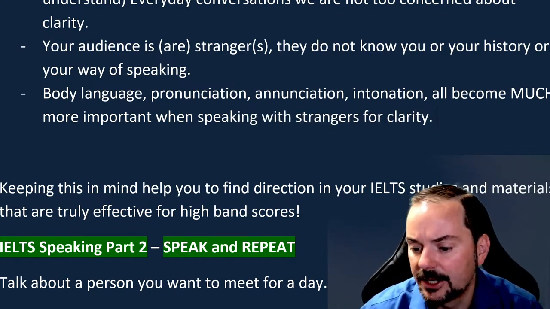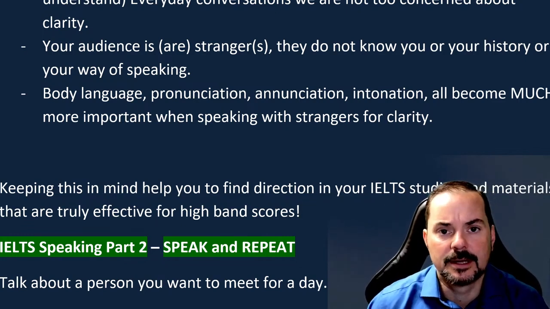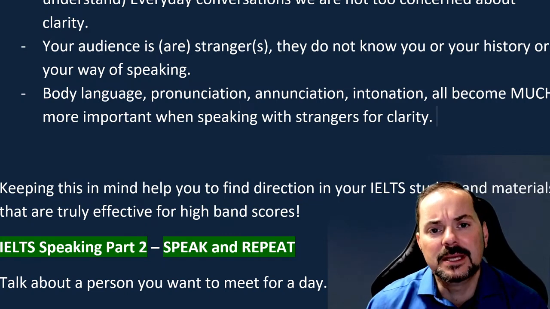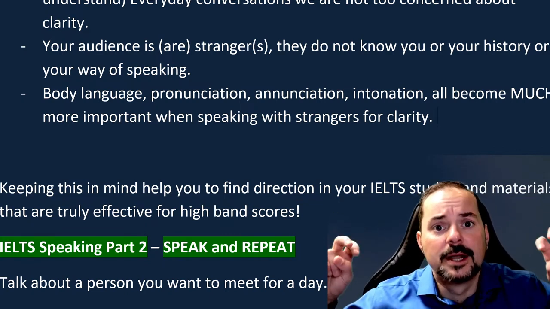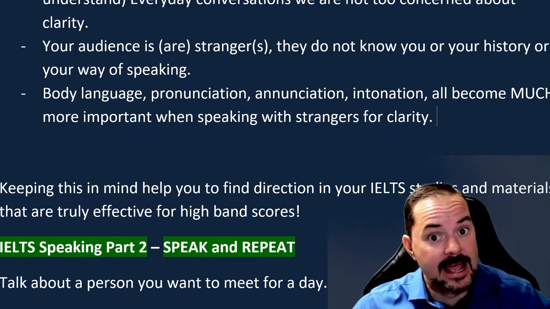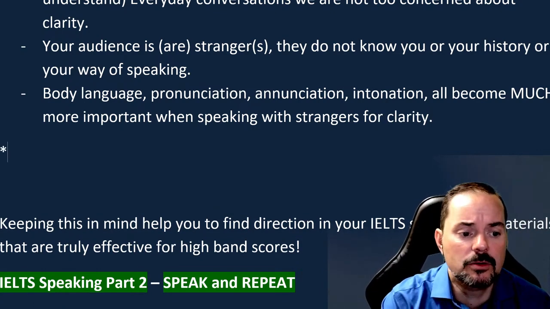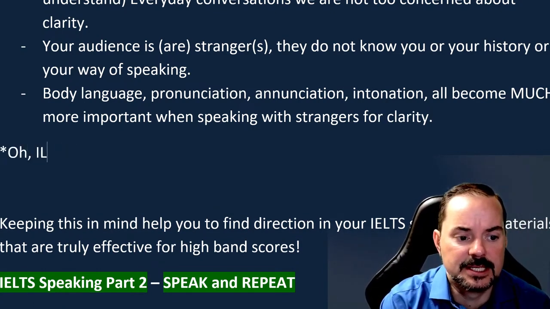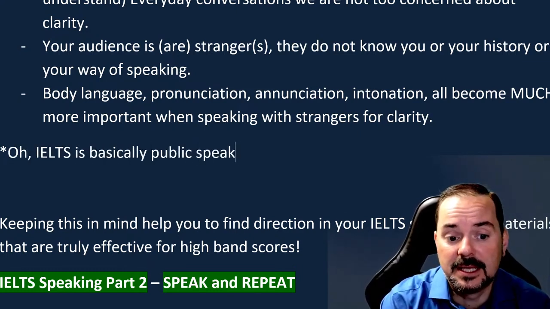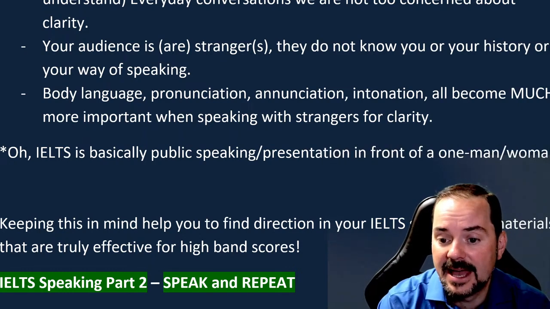And that's all for that clarity, right? So you're probably starting to realize, oh, wait a second. Yeah, IELTS speaking is basically public speaking. I'm in front of a one-man, one-woman panel doing public speaking on a random set of questions and topics, right? So now you're realizing that IELTS is basically public speaking or presentation in front of a one-man, woman panel